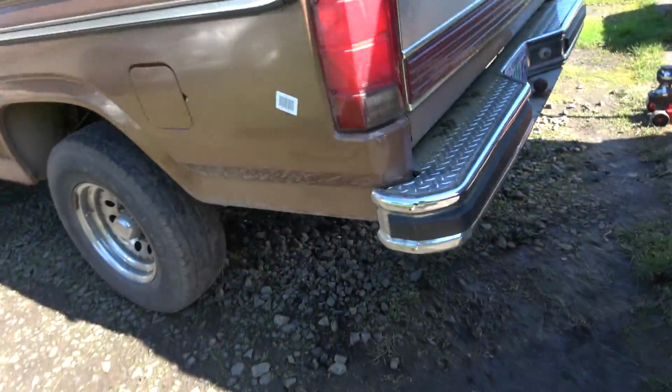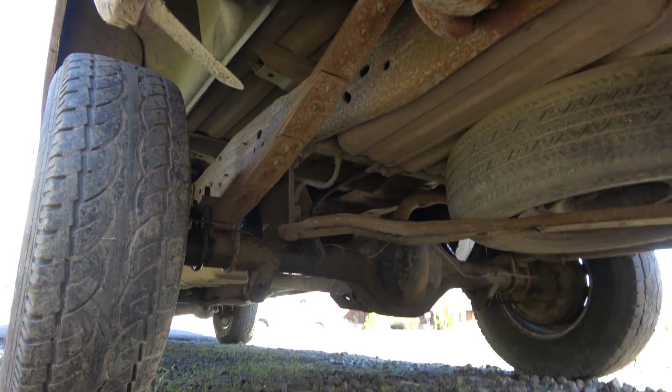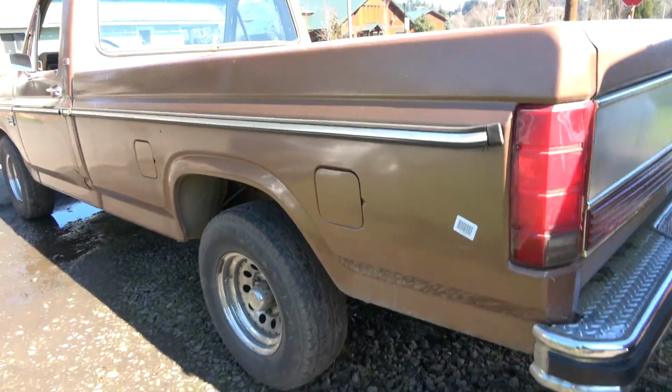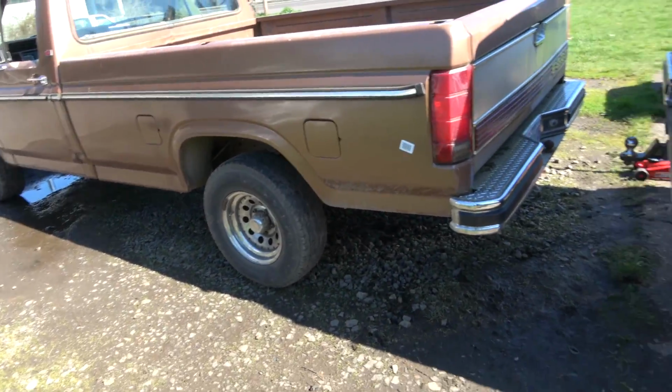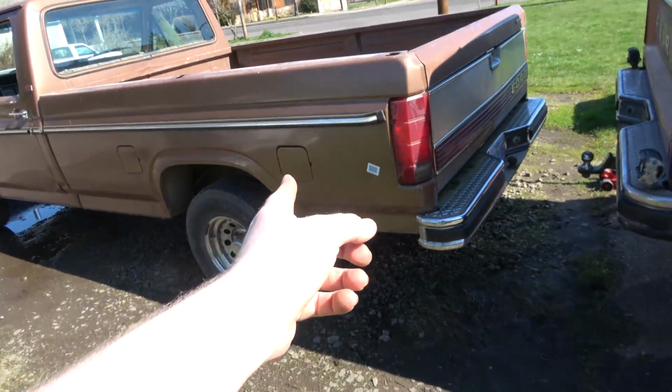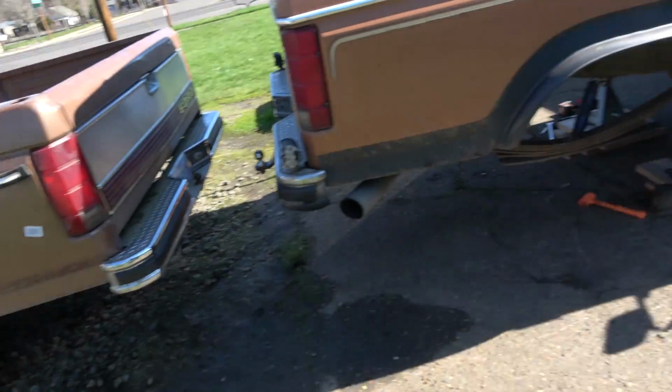So yeah, we got the 8.8 back in there. It's the 8.8. The 9-inch is in here now. I did not have any problems with the U-joints. They were both the same. Both these axles are 80s axles. The 8.8 that we just took out of here is, you know, an 85. That 9-inch is a